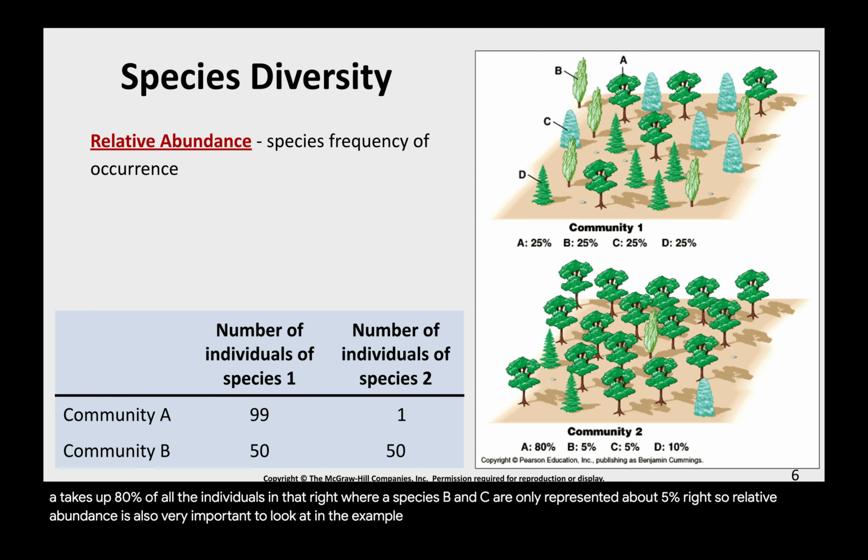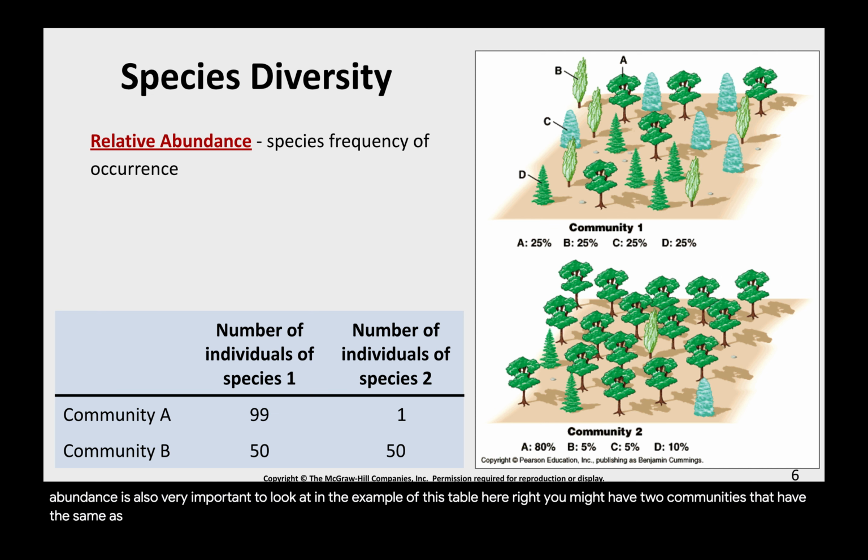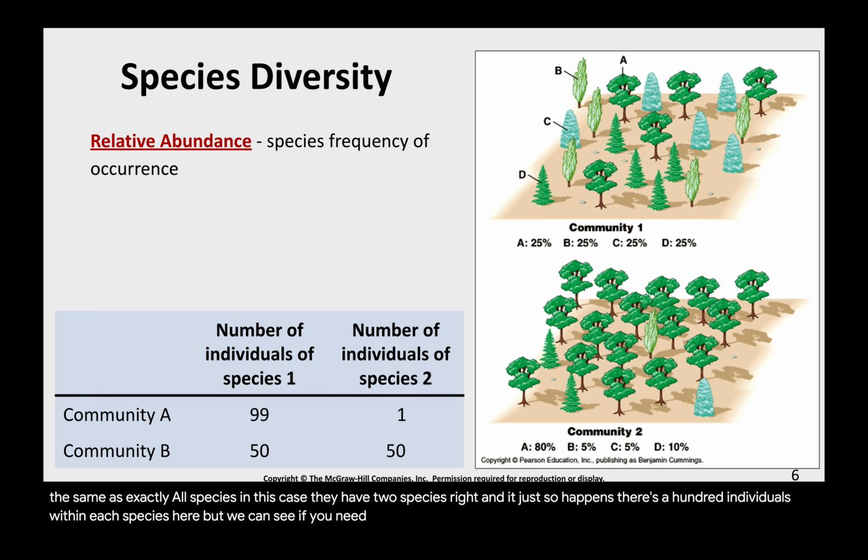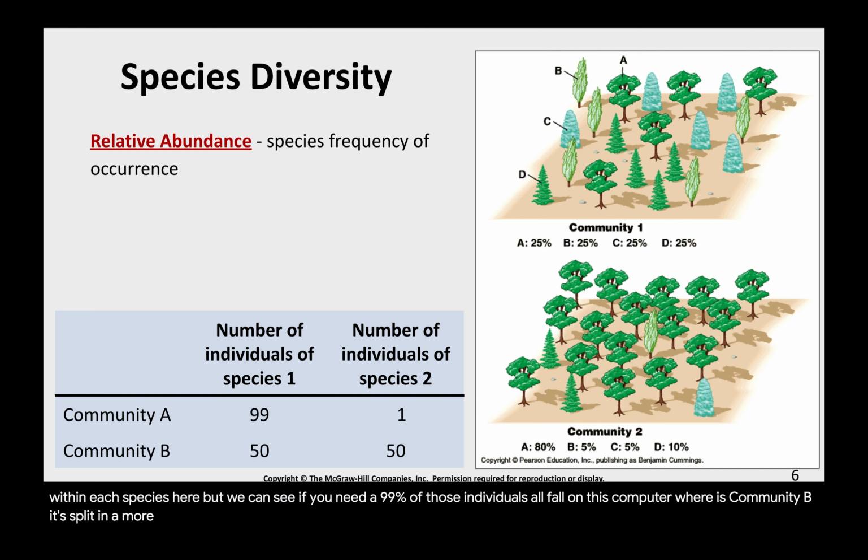In the example of this table here, you might have two communities that have the same exact richness. So they have the same number of species. In this case, they have 2 species, and it just so happens there's 100 individuals in each. But we can see community A, 99% of those individuals all fall under species 1, whereas community B, it's split in a more 50-50 fashion. So relative abundance can tell us something about that species composition in an area,